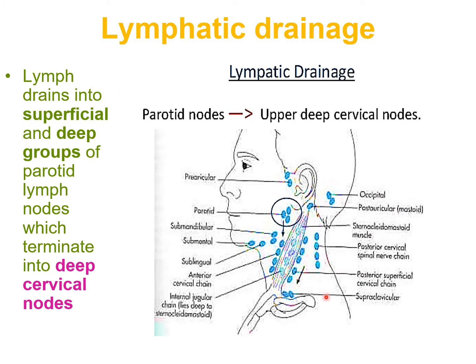Talking about the lymphatic drainage, the lymph from the parotid gland drains into superficial and the deeper group of parotid lymph nodes, which ultimately terminates into the deep cervical group of lymph nodes. There are numerous lymph nodes. They are distributed throughout and around the substance of the parotid gland, and this is an exception to the norm, as all other salivary glands, both major and minor, do not have lymph nodes within the glandular tissue and have far fewer lymph nodes which are surrounding them.